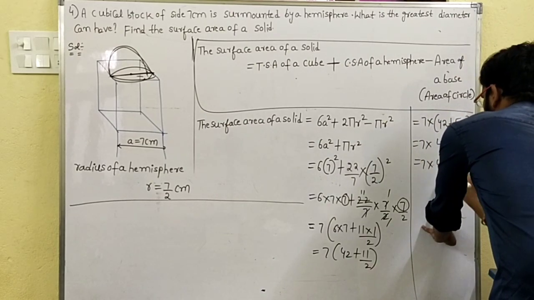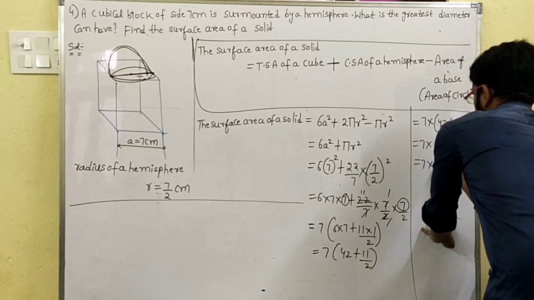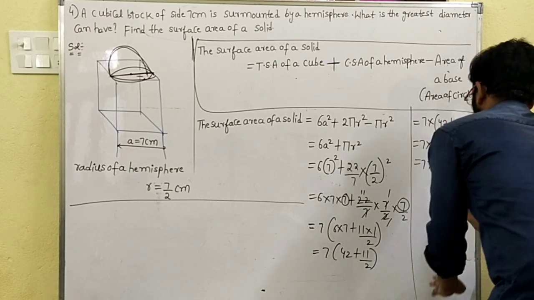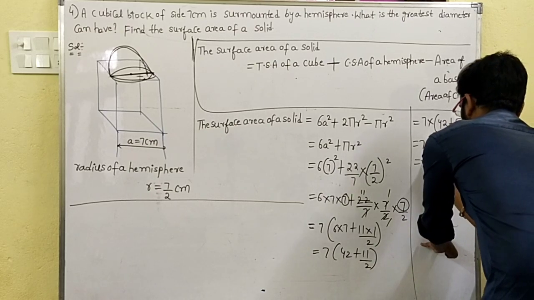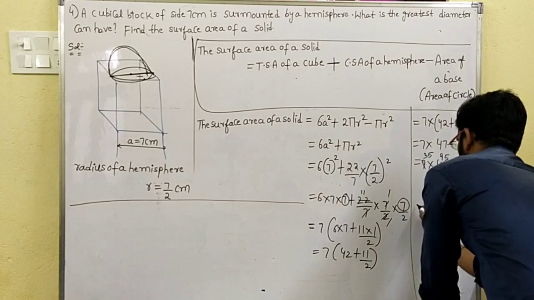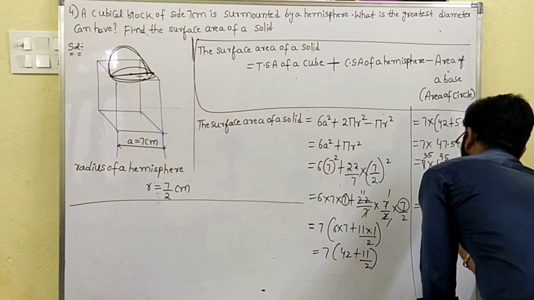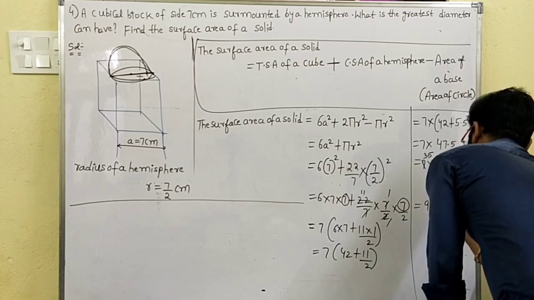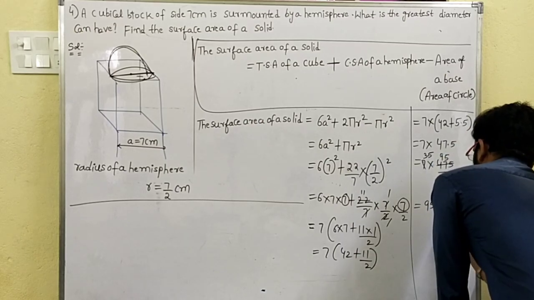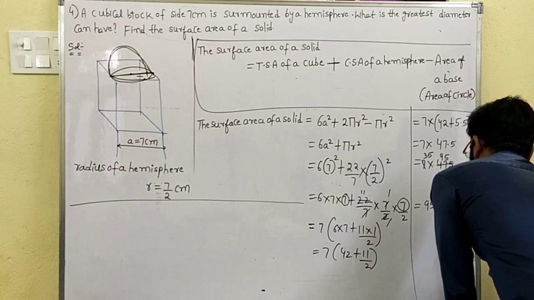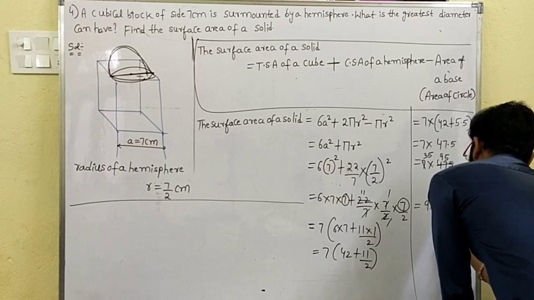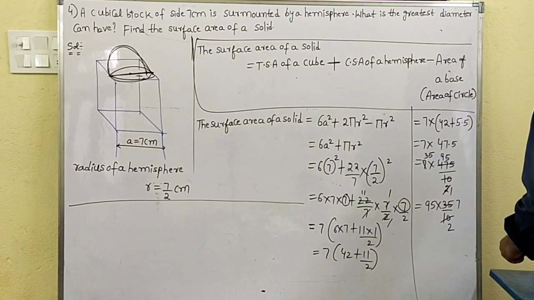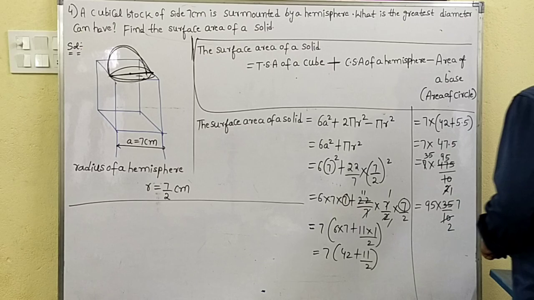5 2s, 5 9s are 45, 5 5s, then 2 1s, 2 3.5s. So now 95 into 3.5, 95 into 3.5, that is 35 by 10. So again in the 5 table, 5 sevens are, 5 twos, 5 sevens, 5 twos.